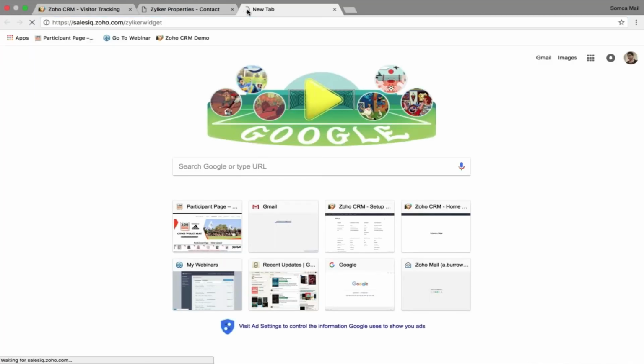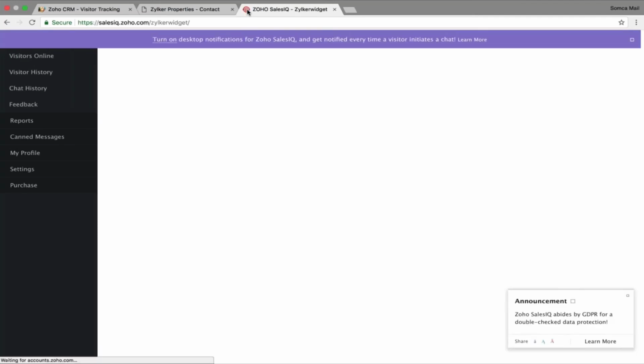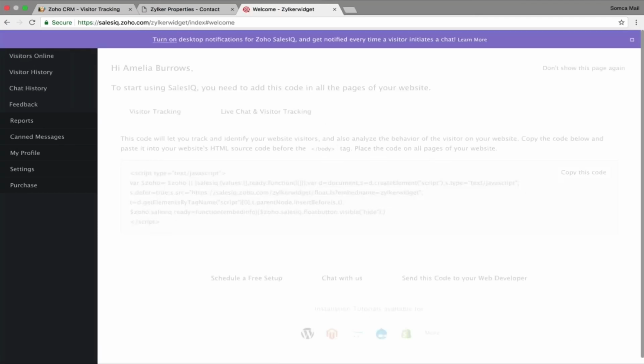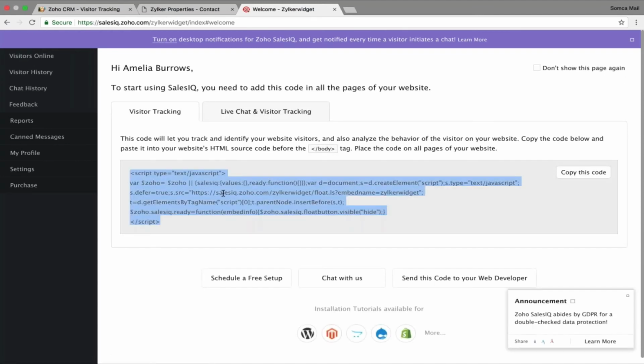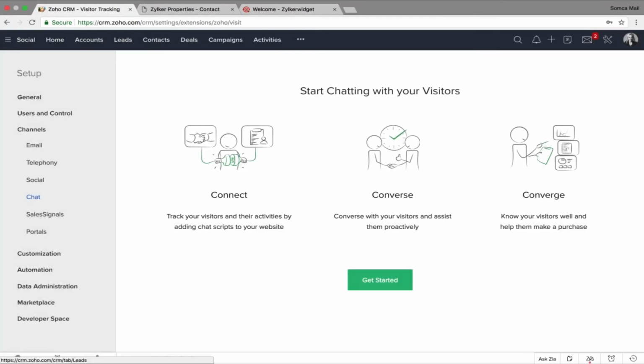Sales IQ is one of the Zoho products which helps you to integrate with chat option. So here, once you create a portal, you will be given a code like this. So you just have to integrate this code in your website, and you will get a chat option on all of your website pages. So once your lead chats with you on your website, you can get that information inside